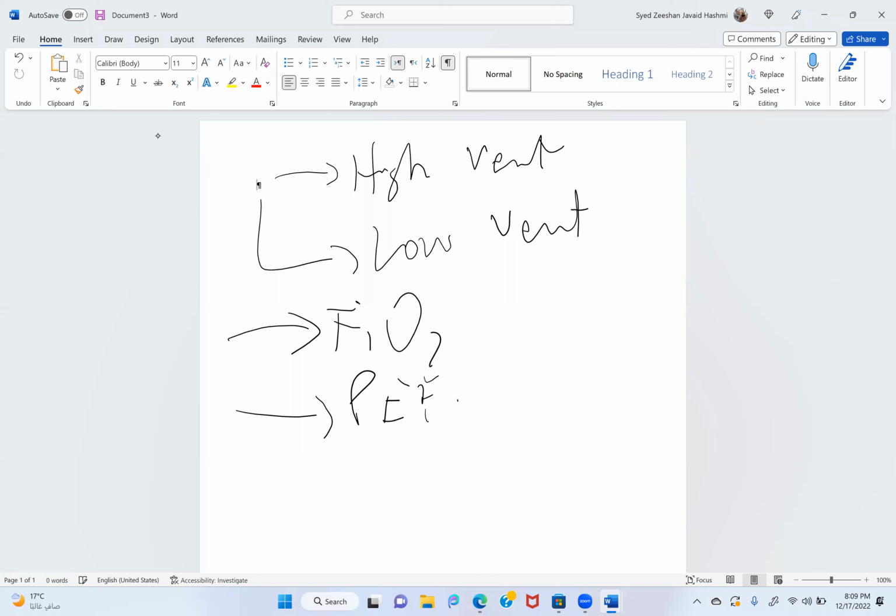Usually they say that the patient is on high FiO2 and high PEEP, because what will be the problem? The ICU ventilator is more advanced and has more modes of ventilation, which will not be there during the transfer. Either they are shifting the patient with a portable ventilator, or they are shifting the patient with the ambu bag.